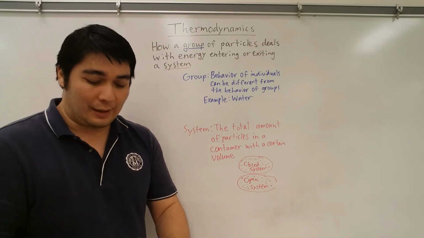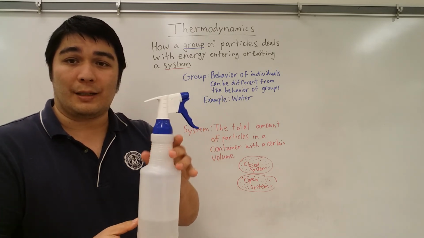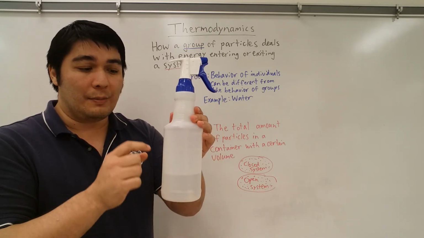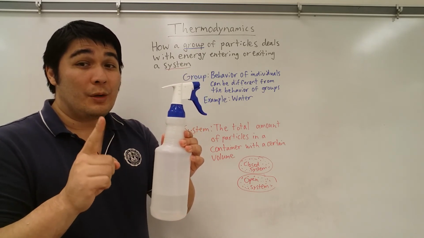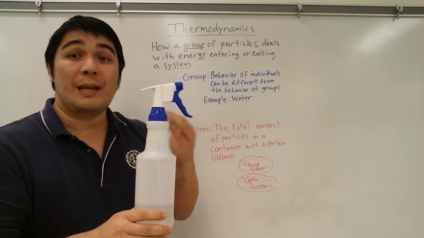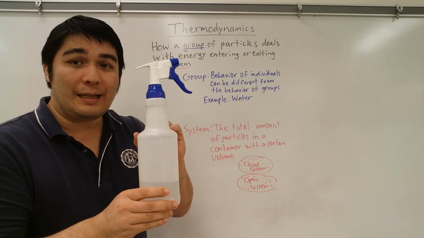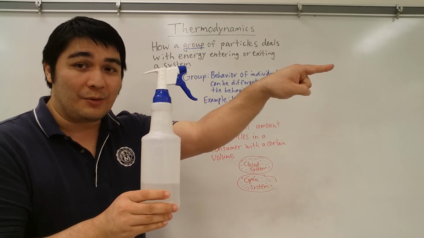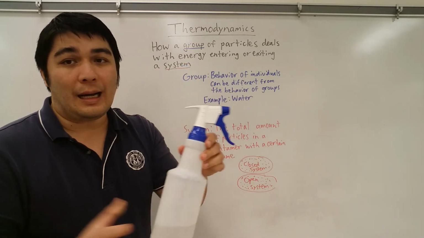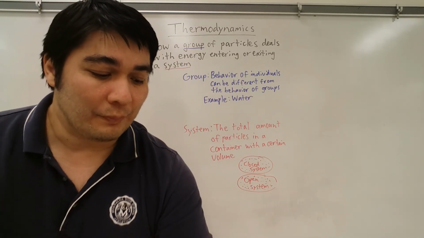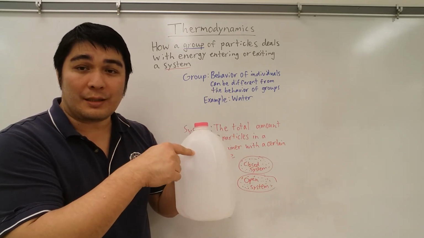Then you have something like this. Let's say I have a spray bottle like this. This is a closed system, again, because nothing goes in or out. But this would be a better example of something that we would call a semi-permeable system, because as you can see, whatever's inside of the spray bottle can leave the spray bottle, but it cannot enter it very easily. Obviously, even with the milk jug, I could still have stuff enter the system, but